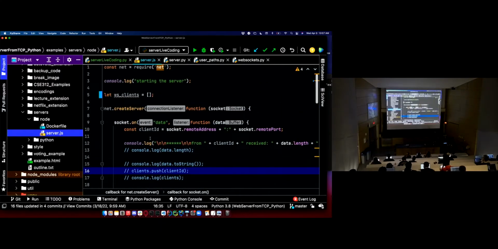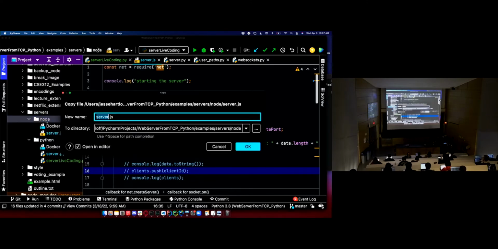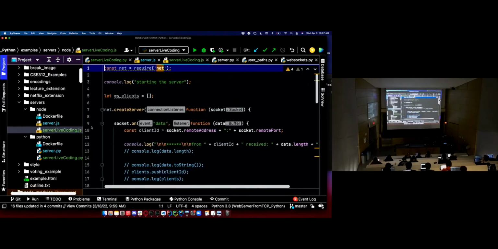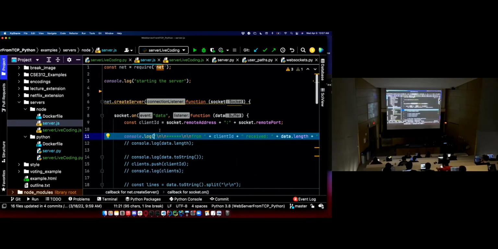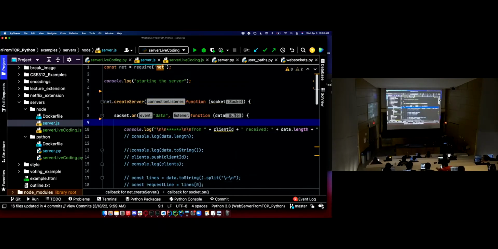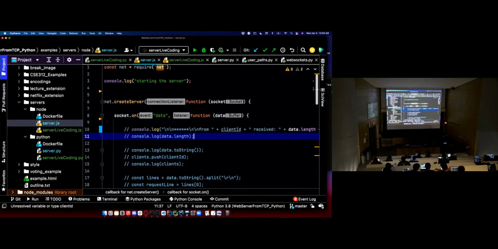So last time we did this, I kind of had this set up. Oh, and speaking of, I want to do the same thing I did with Python and get a separate file so I don't make the same mistake again. Some of the stuff that I want to talk about was already in the code the first time that I showed these servers. So I'm going to separate that so next semester I don't make the same mistake. Server, live coding. I actually want to get rid of this. Get rid of this. Comment this out, I guess. We'll deal with that later.